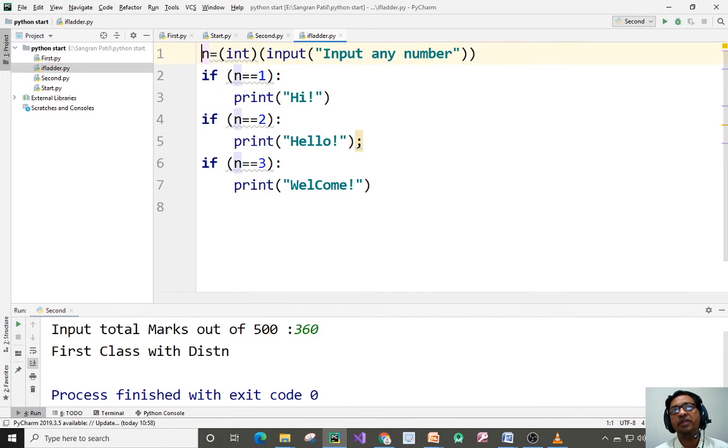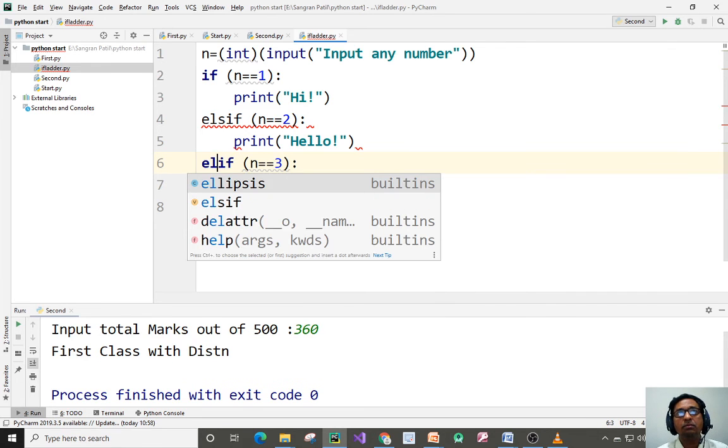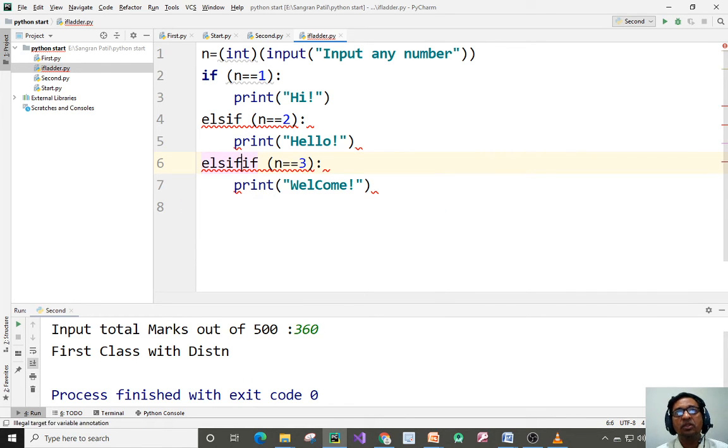So instead of that, they have given if else ladder. It is like this. Else, ELS if, what is giving error? ELS if, okay.